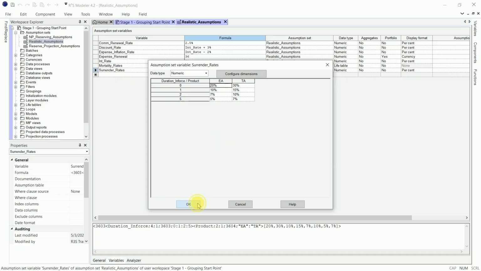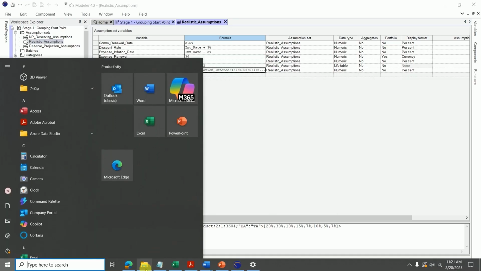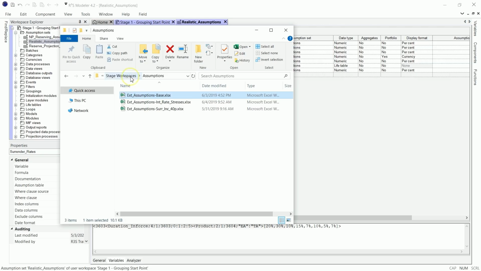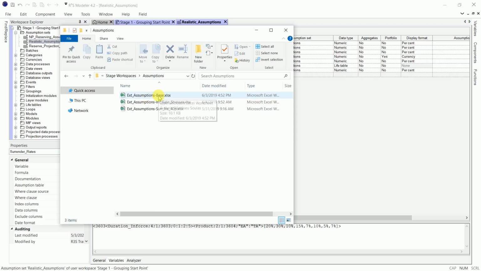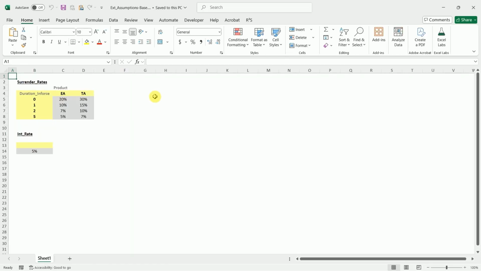Let's look at the external assumption file. In the Stage Workspaces folder, in the Assumptions folder, open ext_assumptions_base. This file contains the same values and table layout as the corresponding assumption set variables defined in the assumption set realistic assumptions.